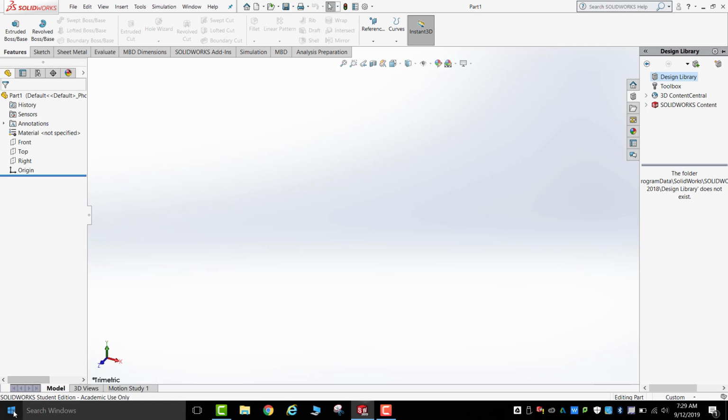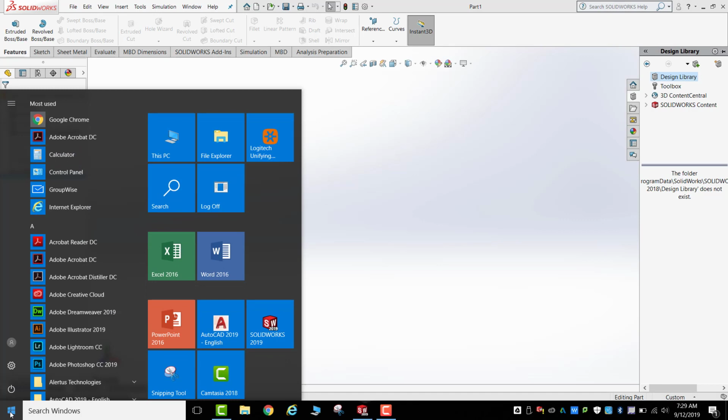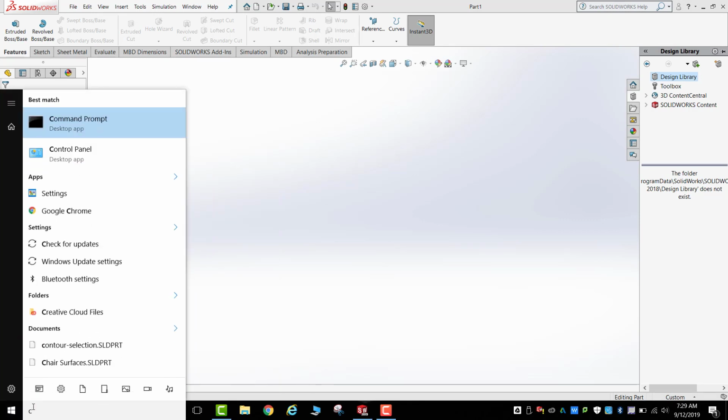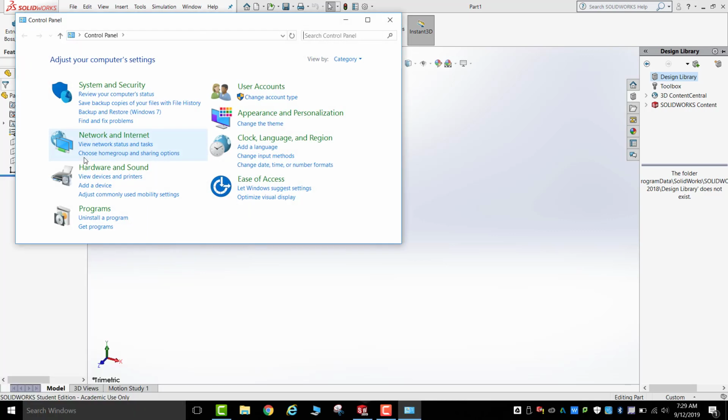We are going to go down into your computer because this is in a hidden file location. We're going to type control panel, and there's the control panel app. Once we select the control panel app, we are going to go to appearance. I'm looking for it here. Where did it go? There it go. Oh, appearance and